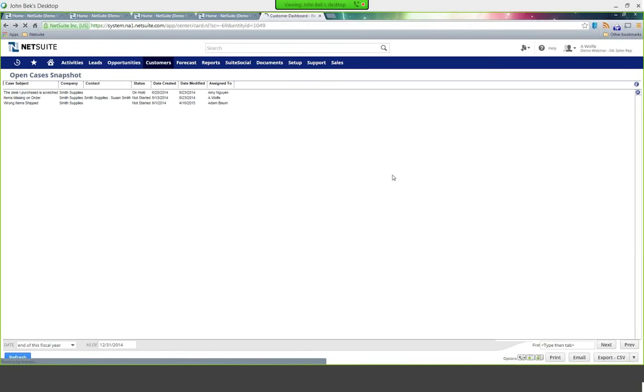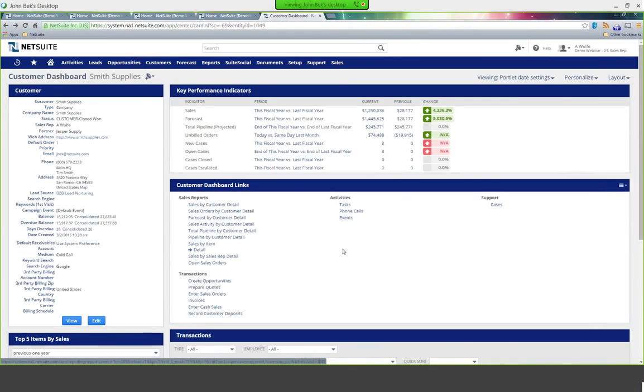So it's very easy to pull up all sorts of customer information and reports. Here you can see your customer dashboard links, and I can see sales for this customer, sales orders by customer detail, and so on. From here, I also have a link to create opportunities and quotes and create new sales orders as well. So I think the customer dashboard is a really great launching point for all your activities with an individual customer.